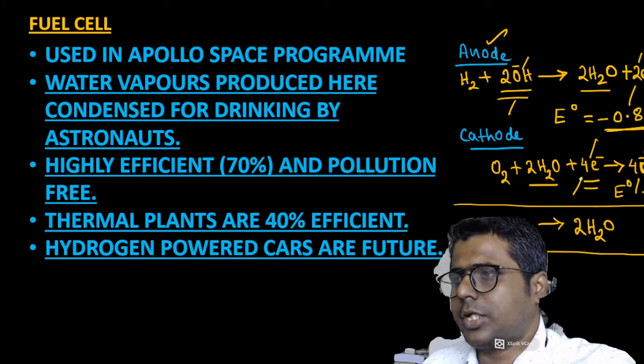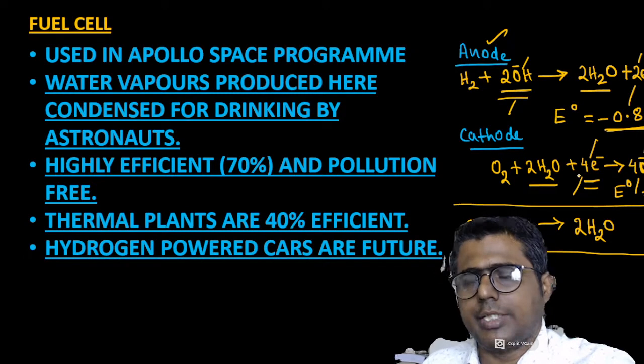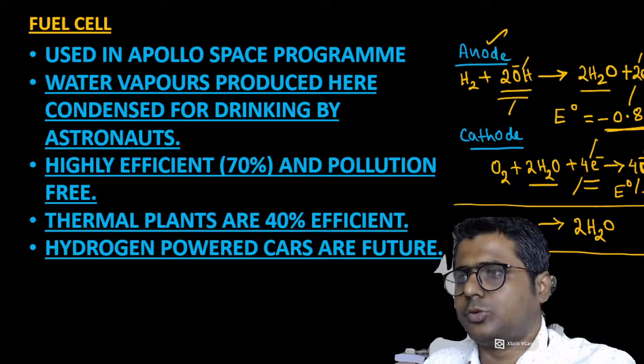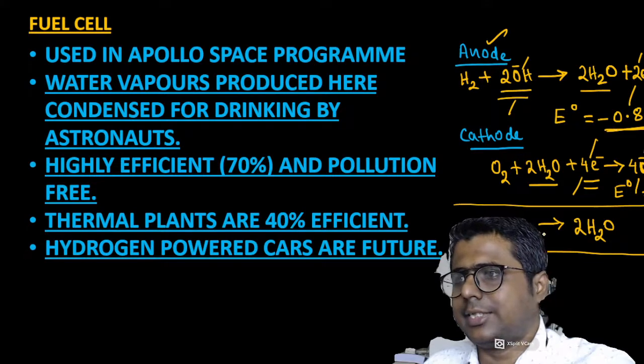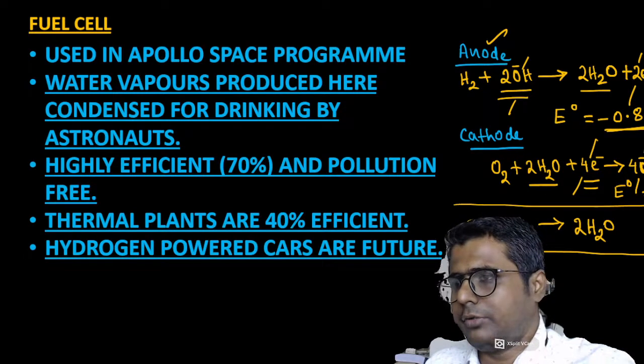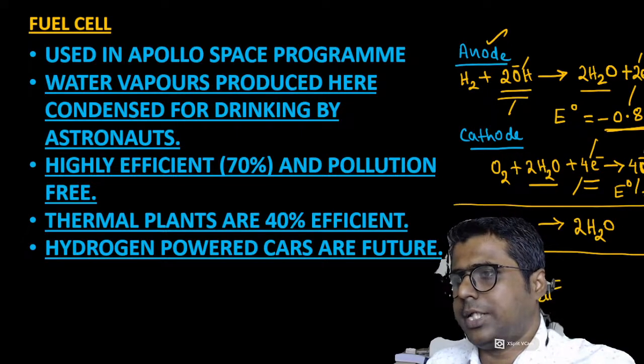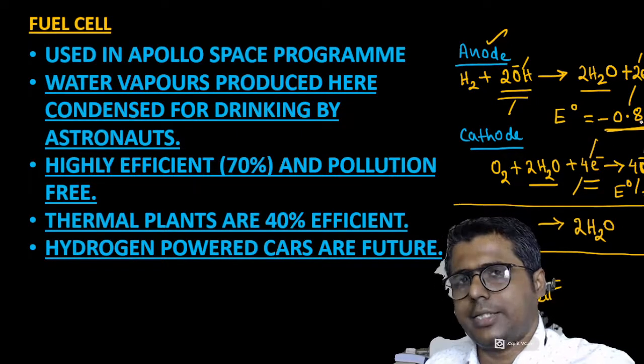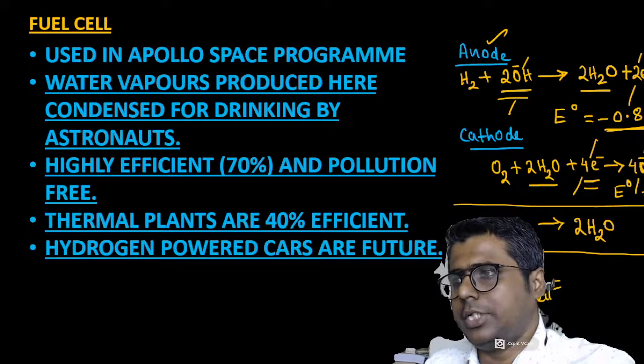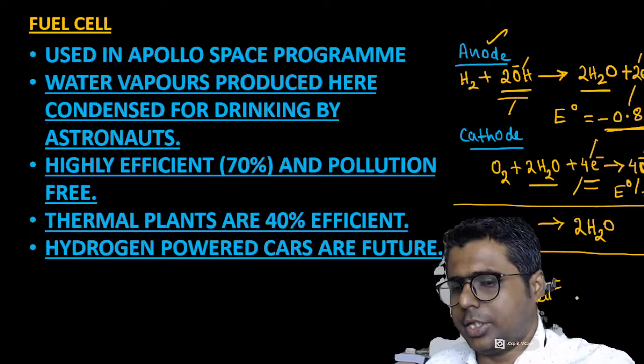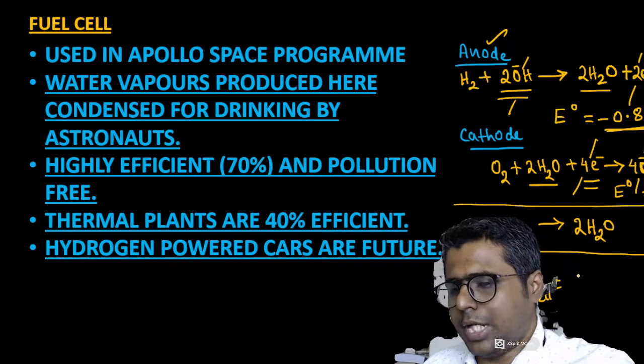there are only 4 electrons, so the value of n is the same for both the reactions. That is why this 2 is multiplied, so that is taken care of in this electrode potential. So if I want to calculate the cell potential, it can be easily found out by the addition of these 2, because the into 2 part is already taken care of in this standard electrode potential. So if I want to calculate this, this will be